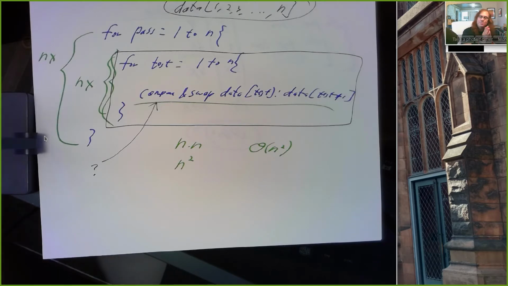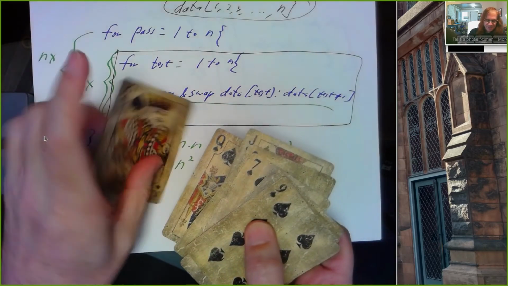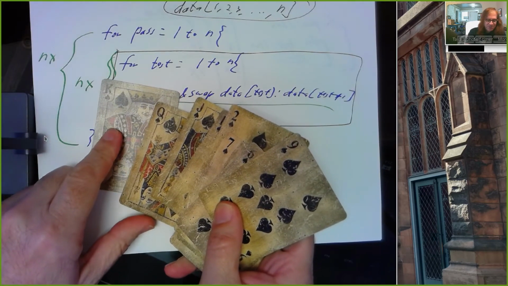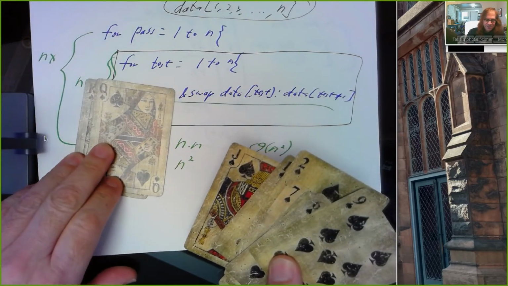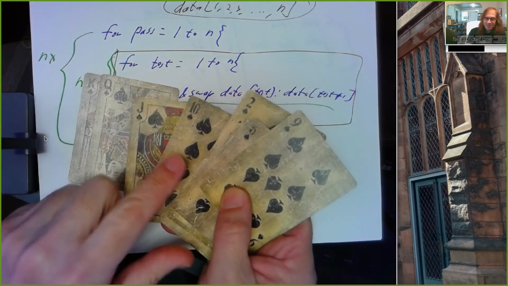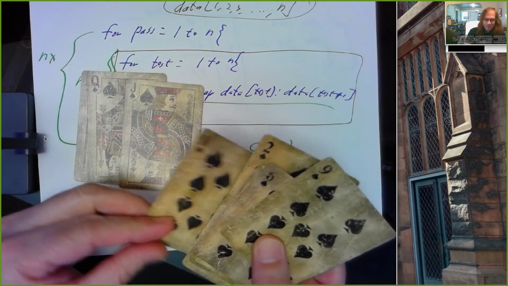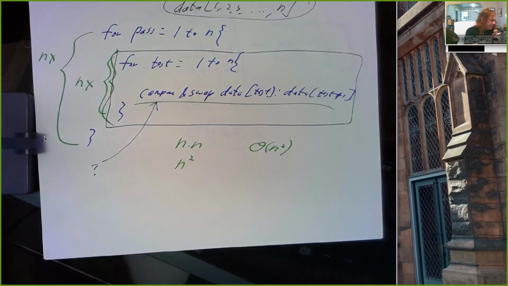Now, you can make improvements on a bubble sort. For example, when we were sorting these cards, you may have noticed that once the king was at the bottom, whatever card came down to the bottom at this point was always going to be smaller than the king. So we didn't really need to compare this last card with the king again. And once we had two cards in their final position, whatever card came down to the bottom of this pile didn't need to be compared to the queen, and the queen didn't need to be compared to the king. And once we have a 10 that comes down in the right spot, we don't need to compare it to any of these. And so this outer loop